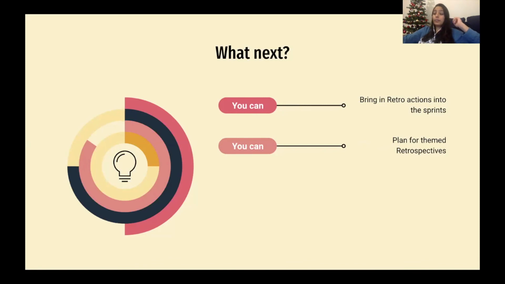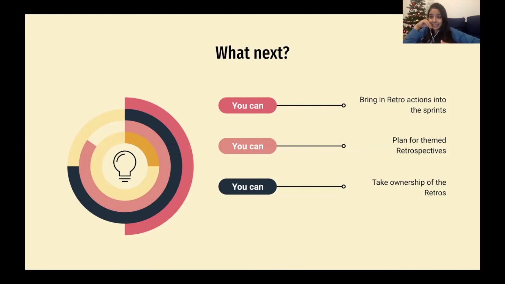Or it could be a project. You guys have worked on a project and you do a project retrospective, or an OKR retrospective, or a quarterly retrospective. The minute you look at themed retrospectives, that brings out so many opportunities and chances for us to really talk about this. You could also have an agile themed retrospective, where you take the agile values, take the agile principles, and see where you fall in each of them, and how you can get to that high mark, how you can achieve all those values. There are different types of themed retrospectives you can plan.